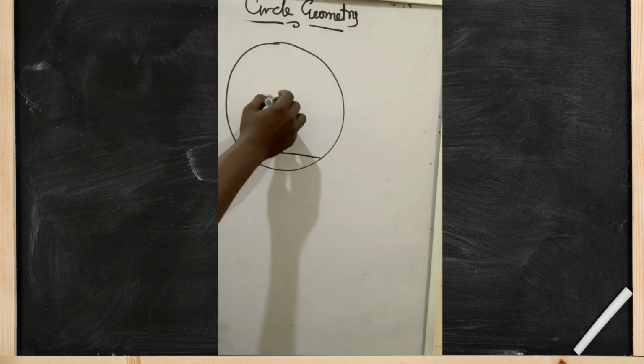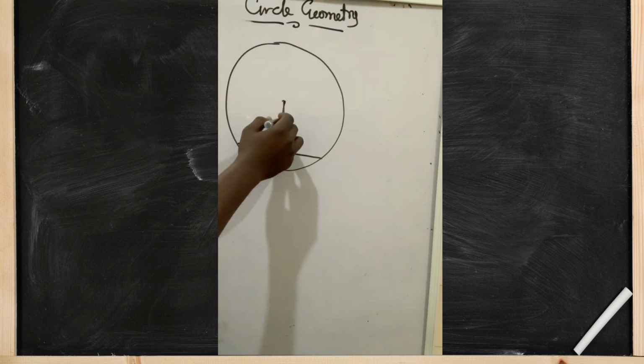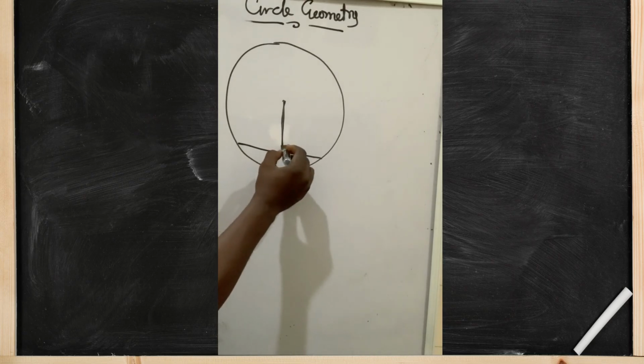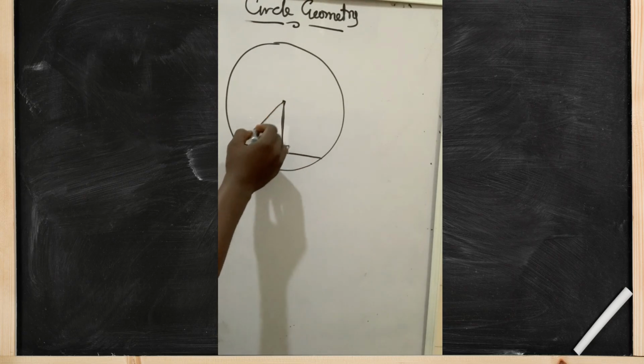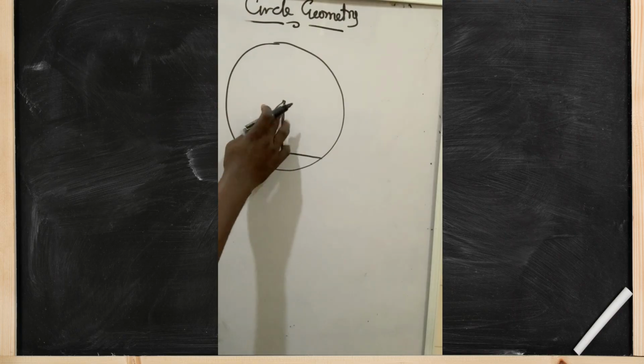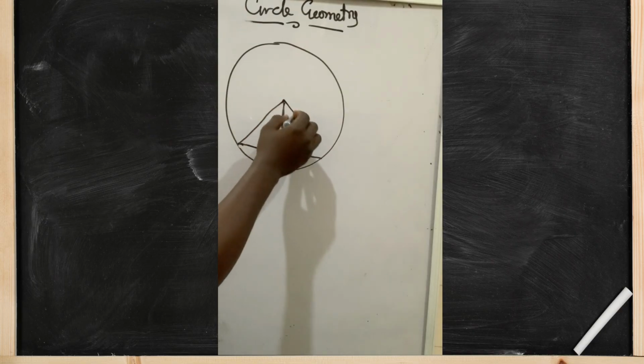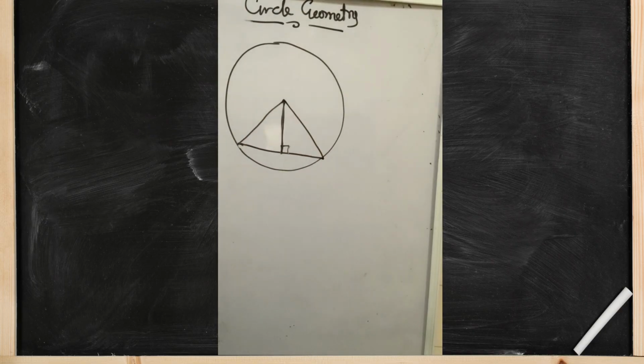A line drawn from the center of the circle to bisect a chord, which is not a diameter. This line is not the diameter because it's not going to be cutting across in this manner. It's at right angle to this chord. So what we are saying in essence is that this is going to be forming something of this nature. The theorem is: